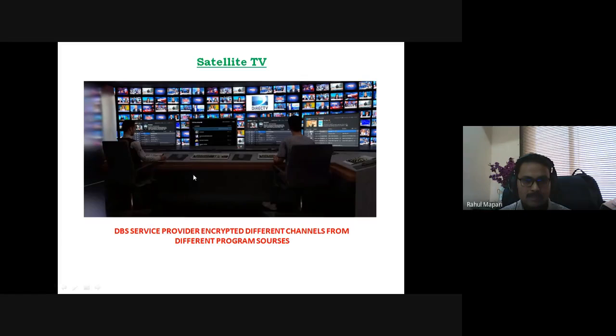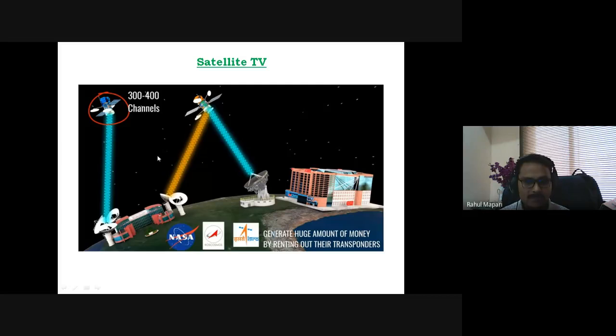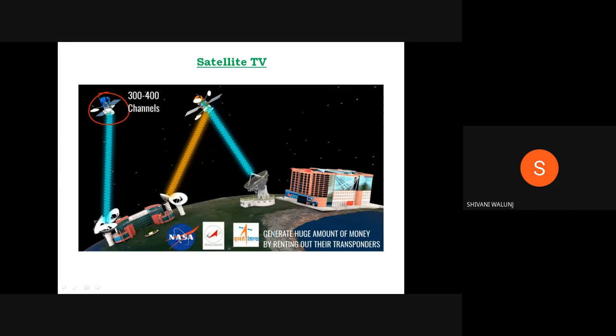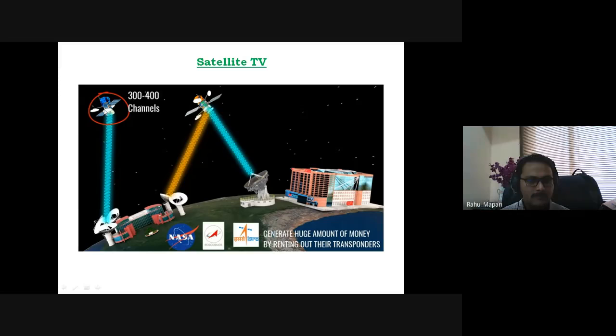Once these programs are encrypted, these channels are transmitted to the satellite. This satellite belongs to a particular DBS service provider.